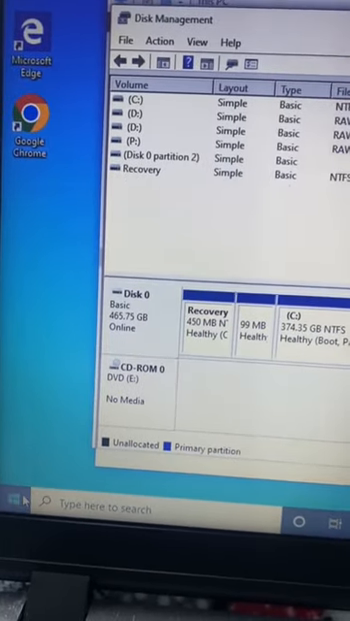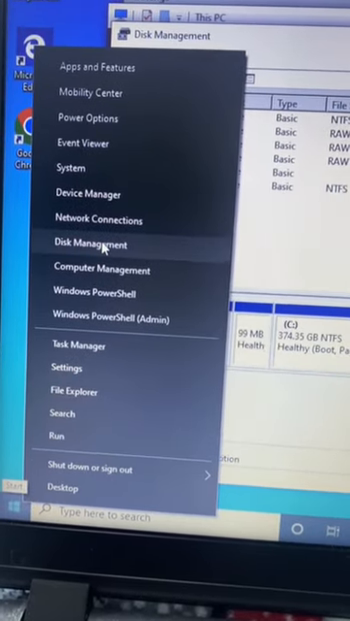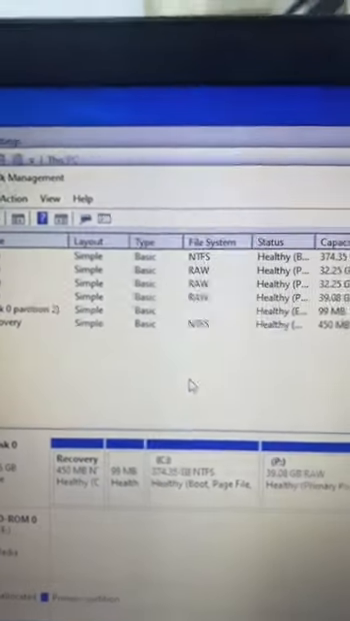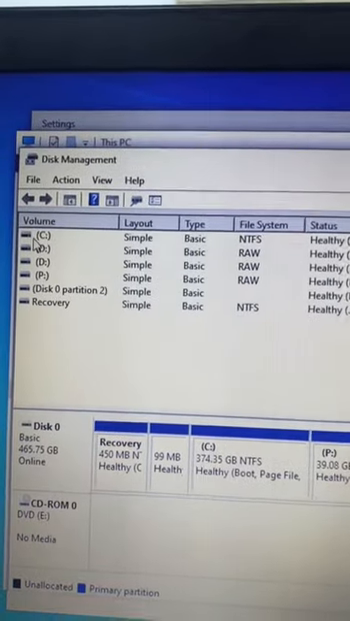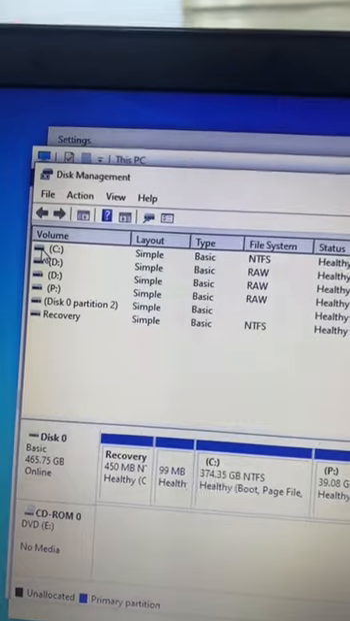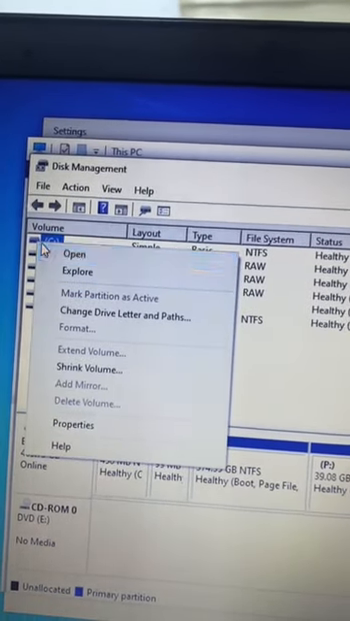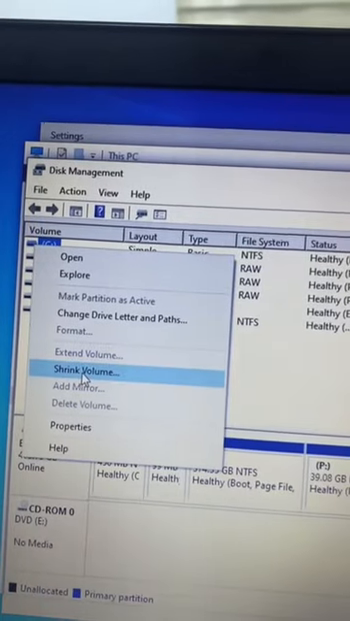First you have to go to Start, right click and Disk Management. It will open this window for you. In this window you will go to the drive that you want to shrink volume from. For me, I want to shrink from C drive. You will right click and go to Shrink Volume,